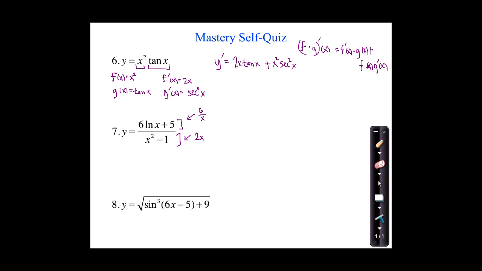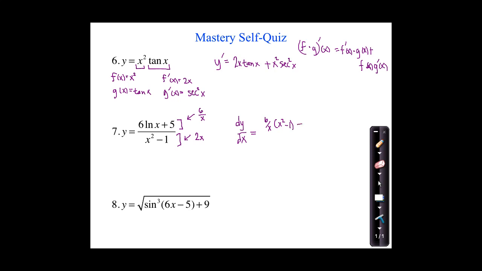But in this case here, I'll write it this way, dy over dx. The derivative of y with respect to x, or the rate of change of function y with respect to changes in x, would be the derivative of the numerator first, and I'm not going to eliminate compound fractions here. I'm just going to leave this as a fraction and a fraction. Derivative of the numerator times the original denominator, x squared minus 1,